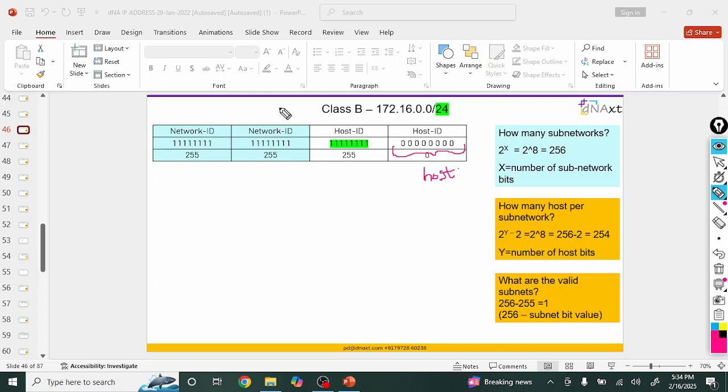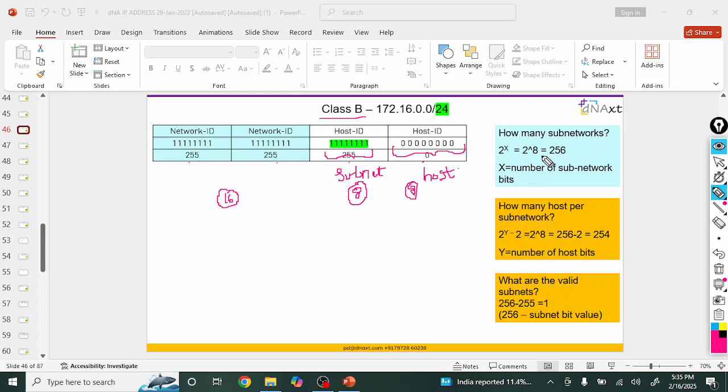Okay, out of 24 bits, 16 bits are the major network bits as we are talking about class B, and these 8 bits from 16 to 24, 17, 18, 19, 20, 21, 22, 23 and 24, these 8 bits are your subnet bits in this case. Okay, so we have 8 subnet bits, 8 host bits and 16 major network bits. Fine. Now the subnet mask is